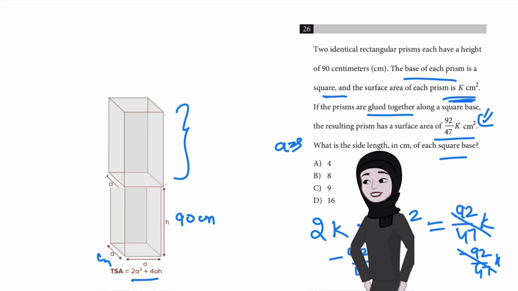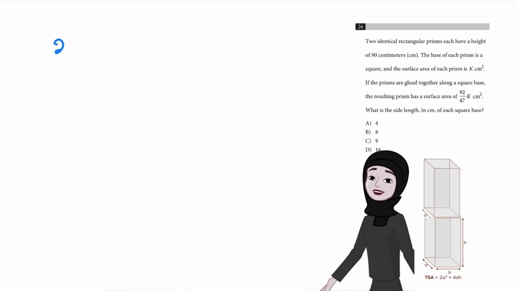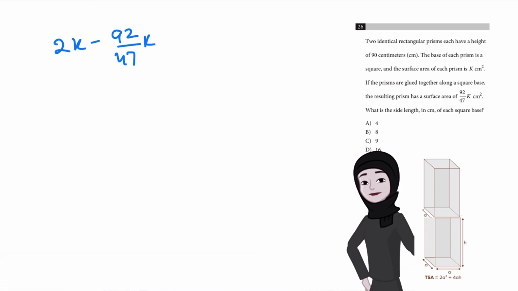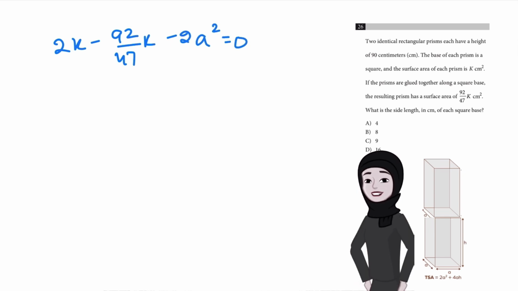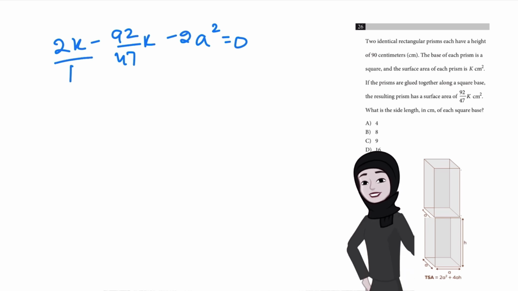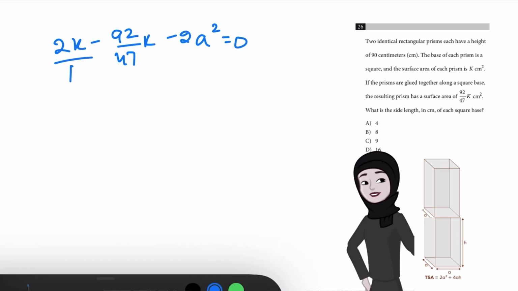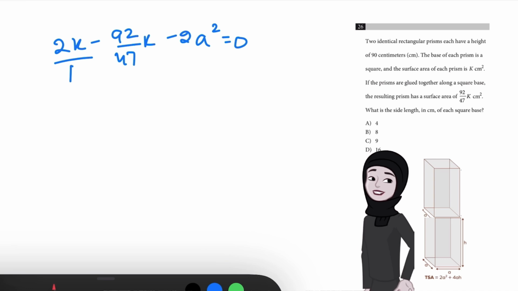So that way this 92 by 47k on the right hand side will cancel out, and then I will have 2k, 92 by 47k minus 2a squared is equal to 0. Since I am trying to subtract 92 by 47k from 2k, this doesn't have a denominator. So what I will do is try to get the same denominator so that I can